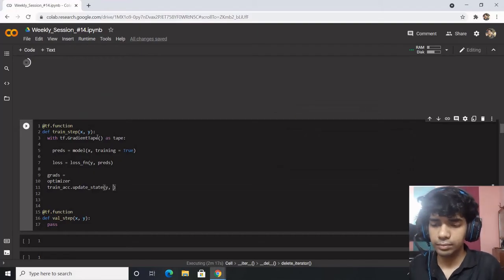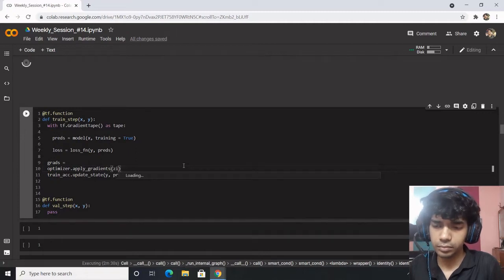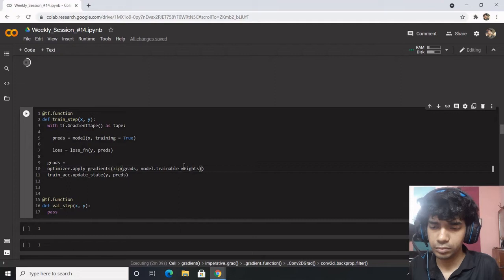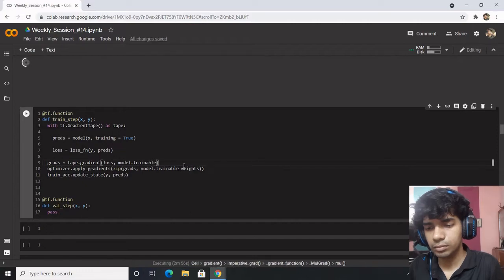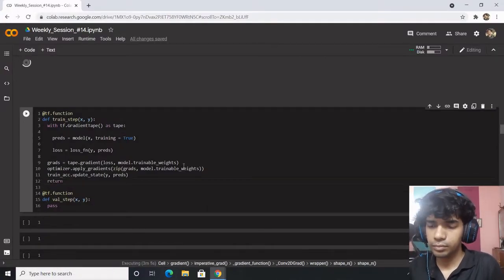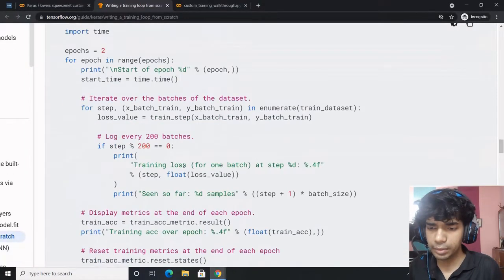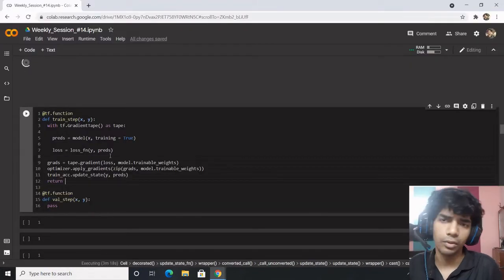Good enough? At present this particular code is returning the loss value, and you can also return the loss value.